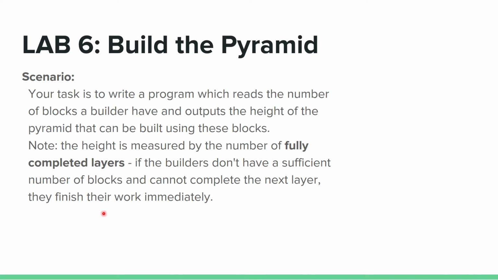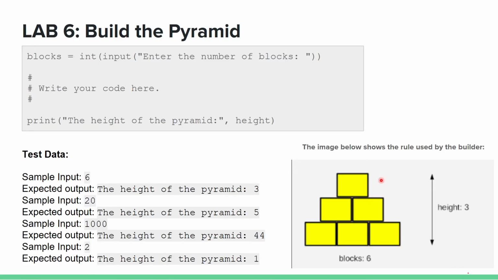So they finish their work immediately. So we need to keep checking that the number of blocks is greater than the next layer. You see, if the number of blocks is not sufficient to complete the next layer, what this means is, for instance, if our number of blocks is four, then four blocks will only build